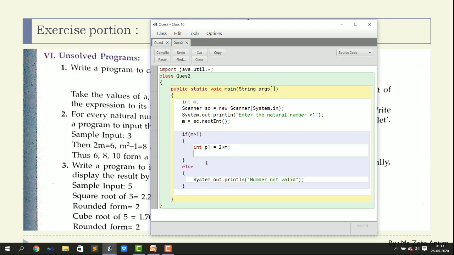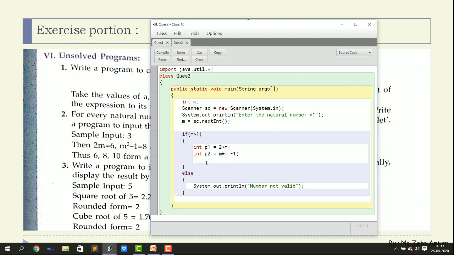Okay, first Pythagorean triplet, then int p2 equals m square, which means m into m minus 1, and for the third one p3 equals m into m plus 1.